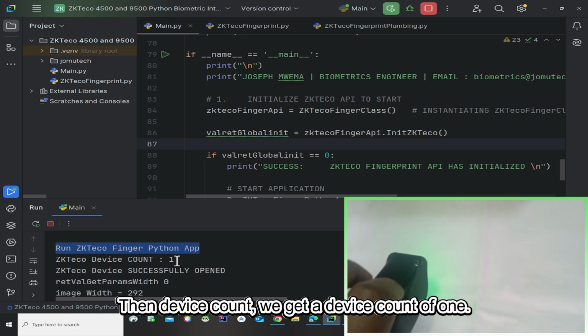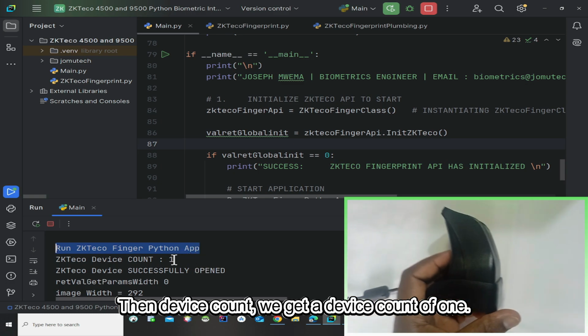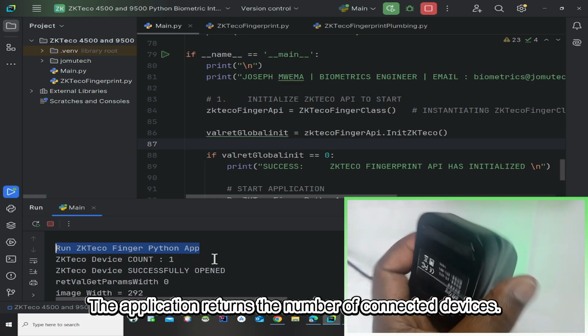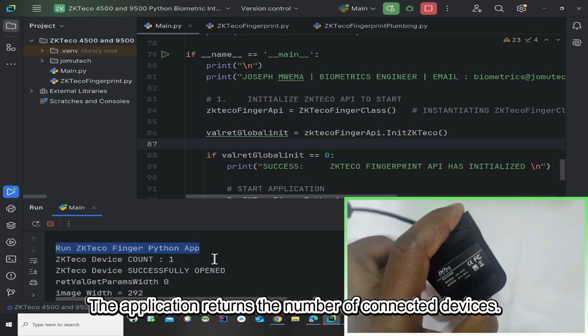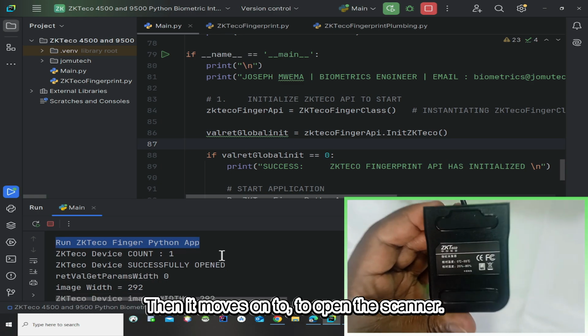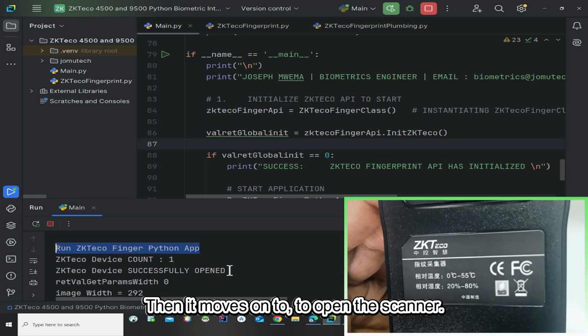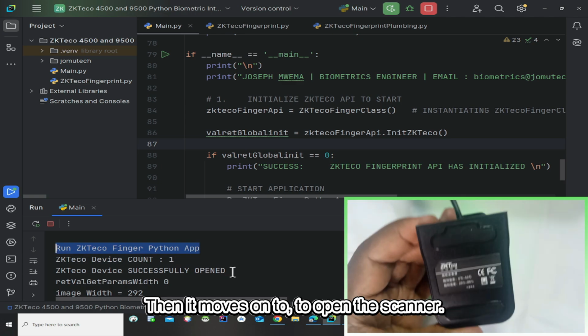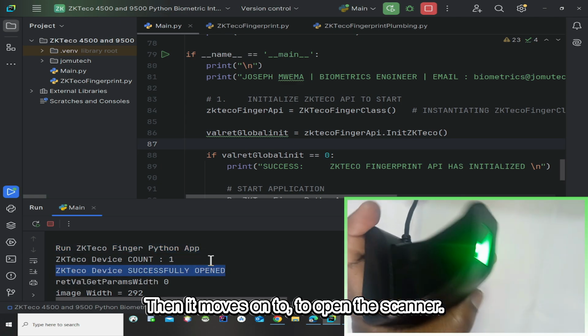Then device count, we get a device count of 1. The application returns the number of connected devices. Then it moves on to open the scanner.